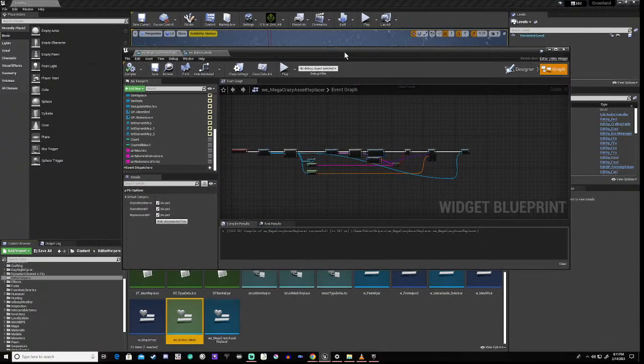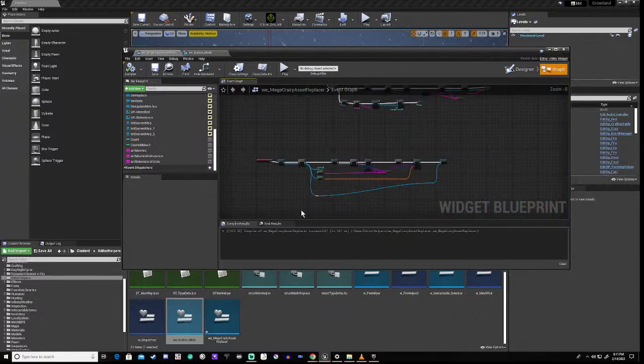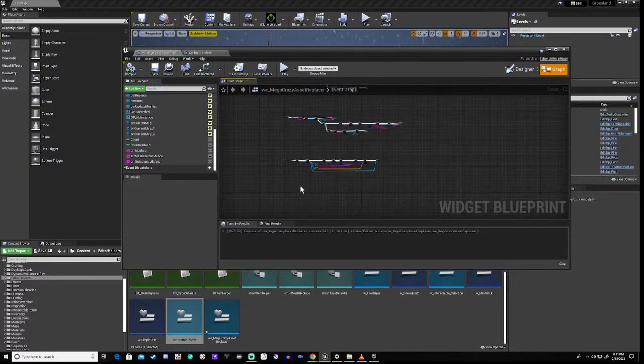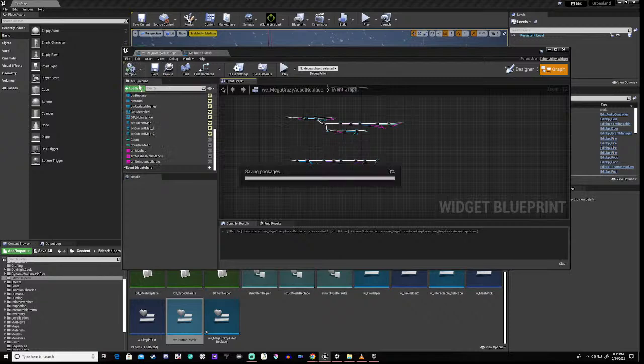So, we've got one more little bit to do that we need to remember. Now, this is probably going to be the thing that really mucks us up in the end when we forget to do this. Okay. But what we're going to do is we're going to save all.